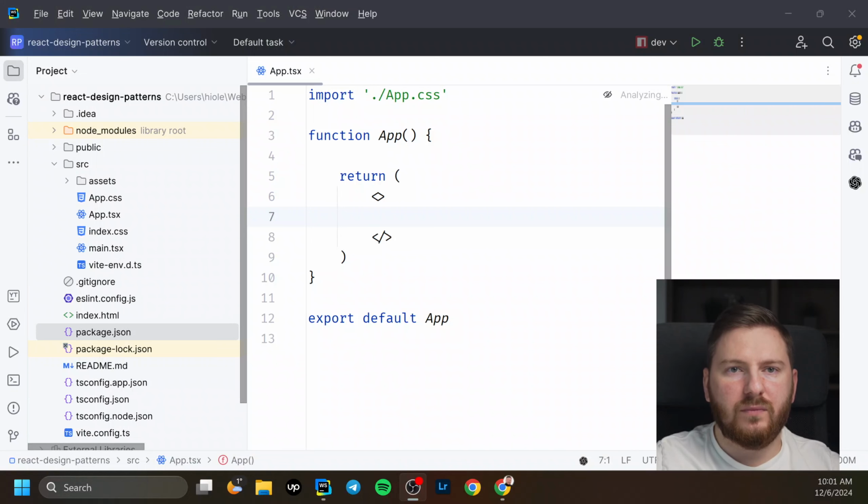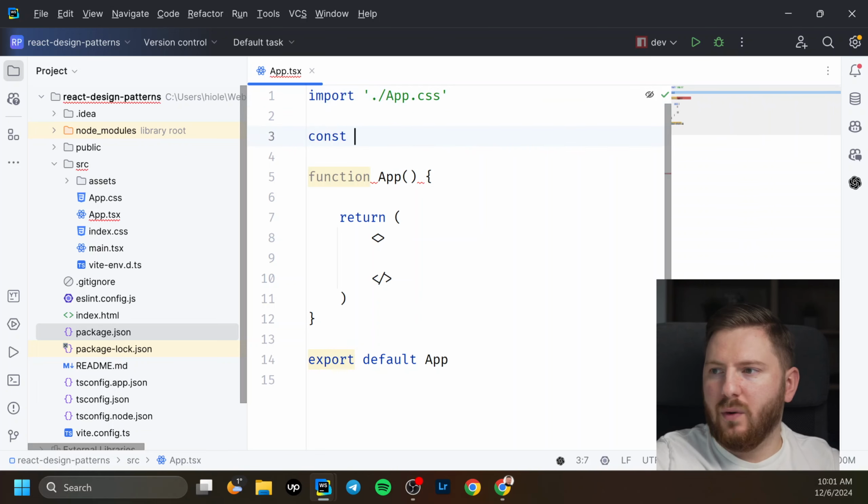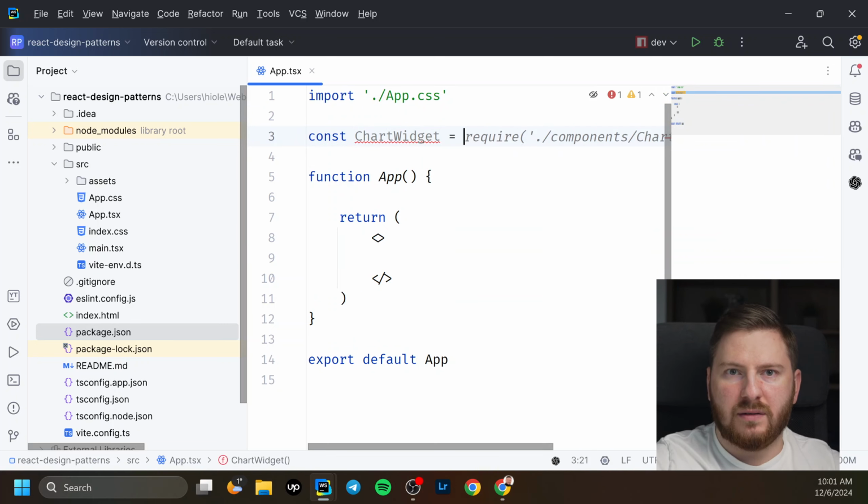So let's consider an example without using factory method. And here is this example where the creation of component is done directly inside the main logic. Let's imagine a dashboard application where different widgets like chart or table need to be displayed. And let's basically implement that. We'll create a chart widget and we'll use